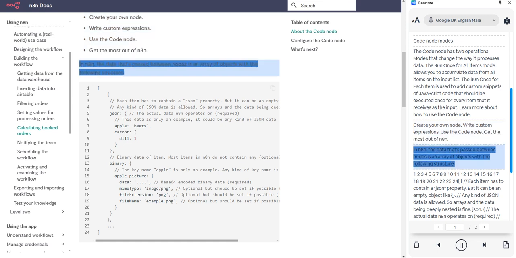In n8n, the data that's passed between nodes is an array of objects with the following structure: